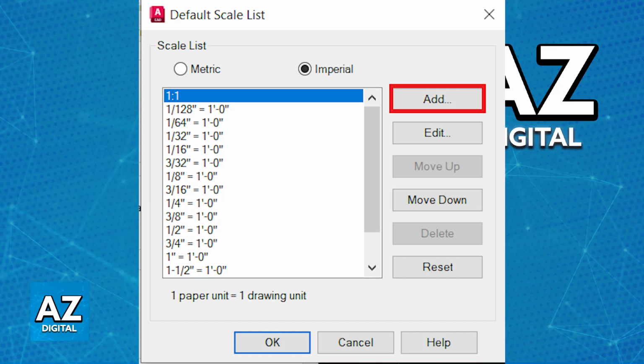For additional tips, ensure that your drawing units are set correctly to avoid scaling issues. Remember that scaling objects in paper space affects their appearance in the viewport, while scaling objects in model space affects their actual size, and by choosing one of these two methods, you will be able to get the desired results.